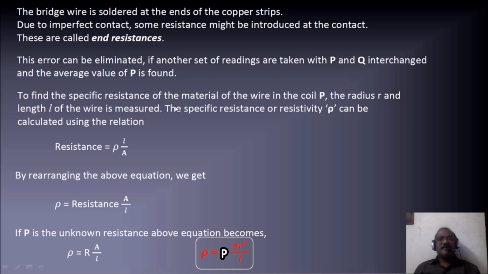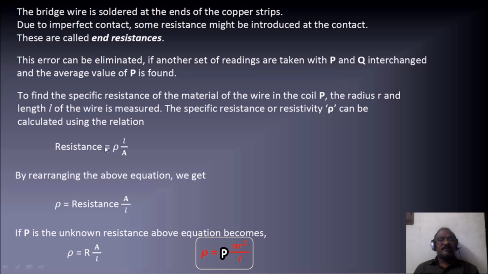You find the specific resistance of the material, prepare a coil-like structure, and attach it at the point P, for which you can also find the resistance value, or even calculate the specific resistive value, provided you know the dimensions, that is the length of the coil and the radius of the thin wire. If you know both parameters, you can also calculate the resistivity of the particular material, because we have